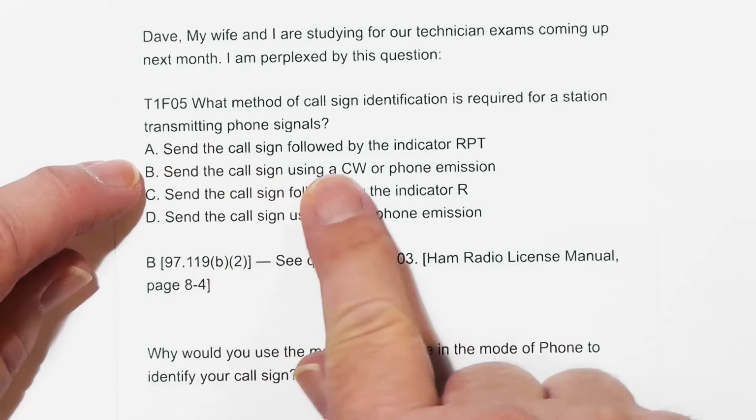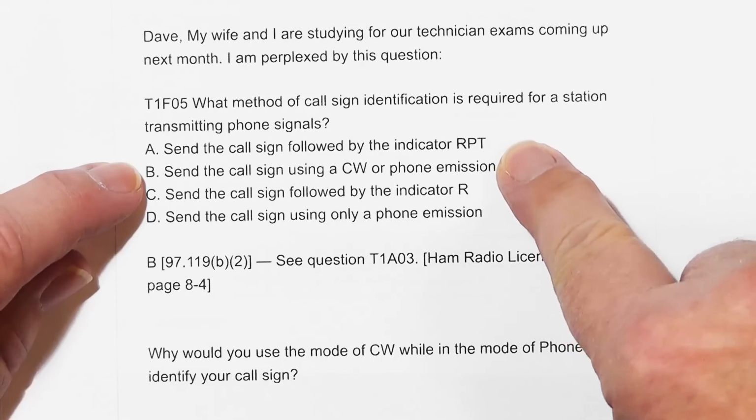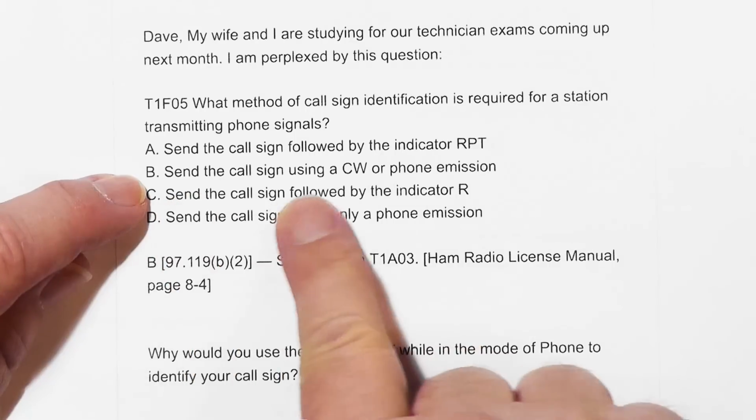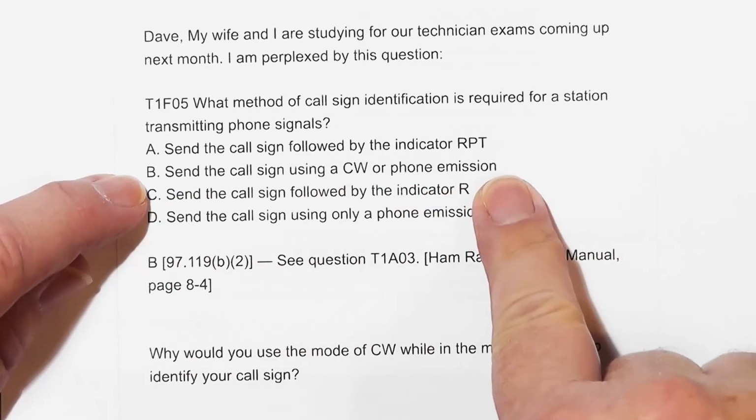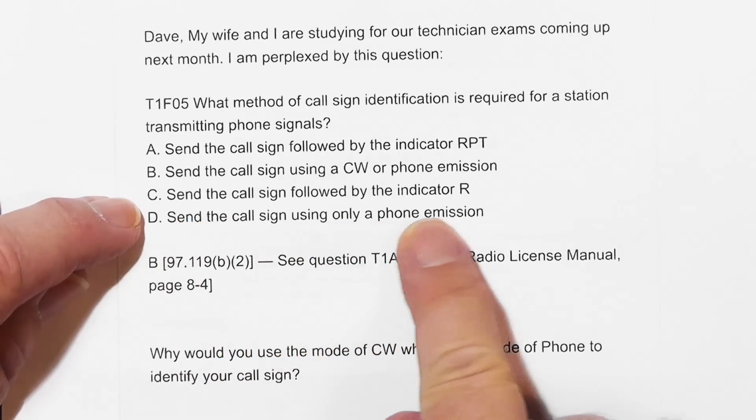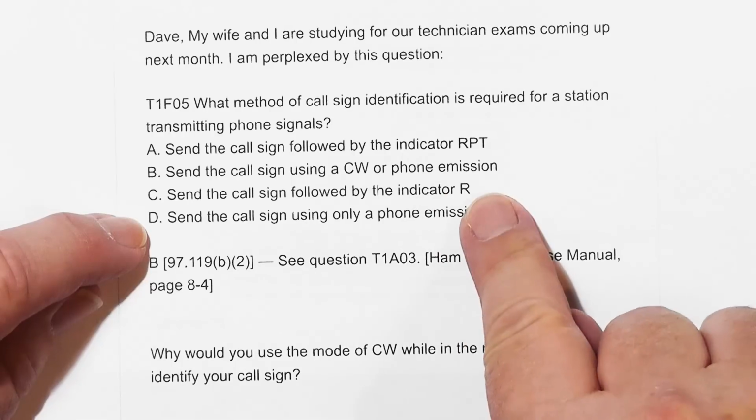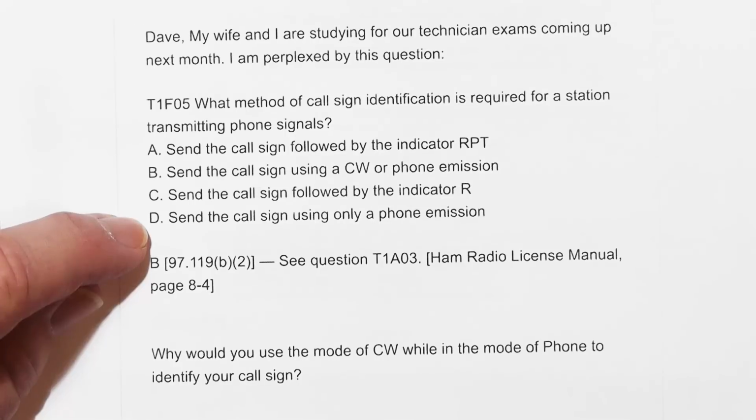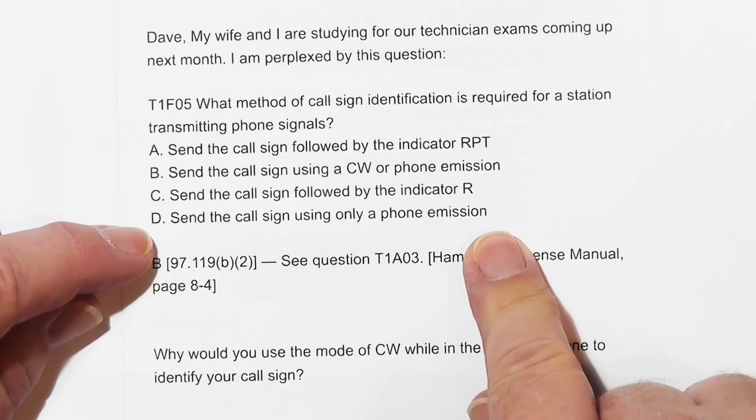A is send the call sign followed by the indicator RPT. RPT would be repeat. B is send the call sign using a CW or phone emission, Morse code or voice. C is send the call sign followed by the indicator R. No, the indicator R in CW means received. In voice, we would use the term Roger. Roger means got that, got all of it. D is send the call sign using only a phone emission. Okay, well,